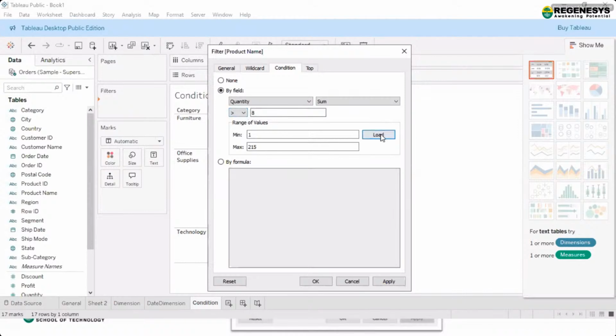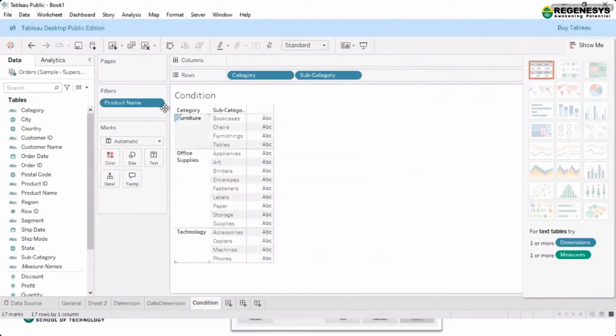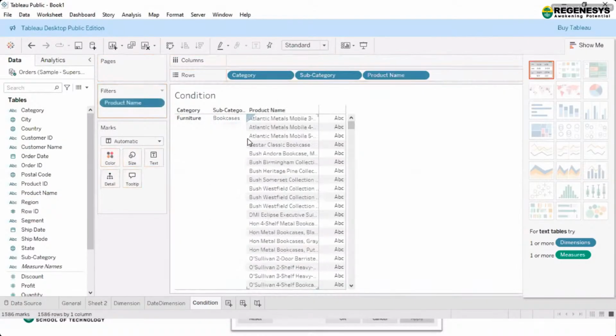Then when you load it, it will give you null. If the data is not available, it will give you null. So you have to check and make sure that when you load it, you get a minimum and maximum value for that quantity. Now if I click OK, you can see the product name here.